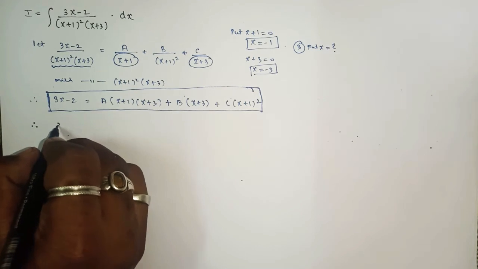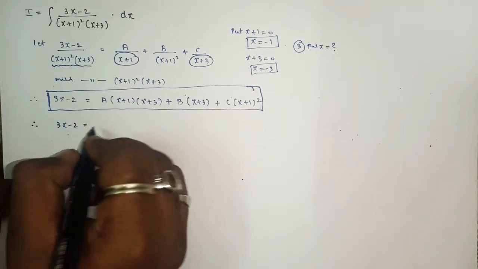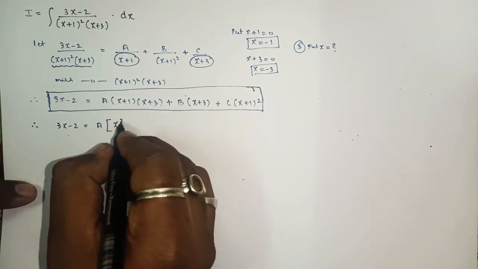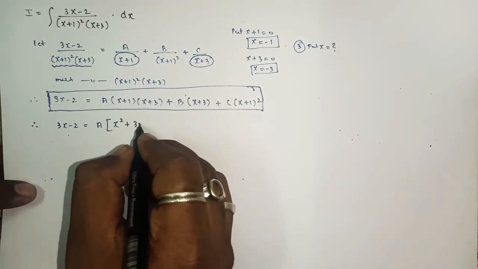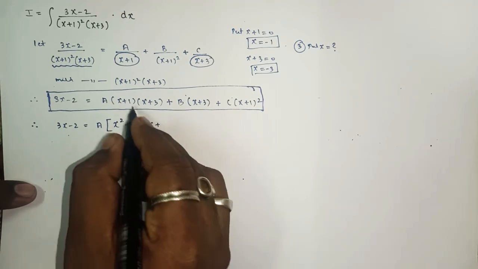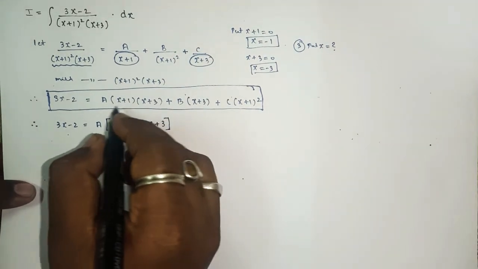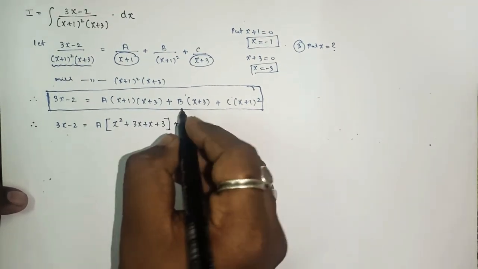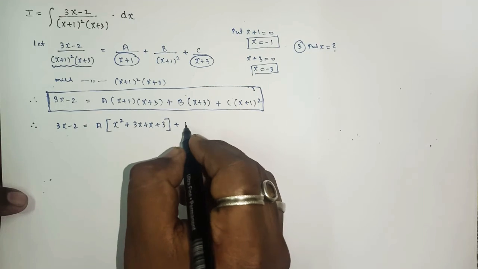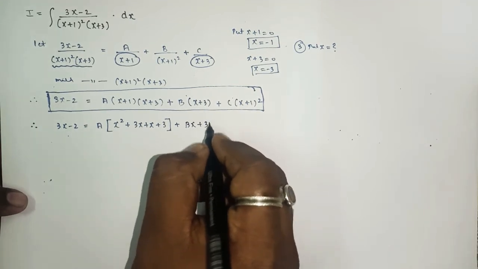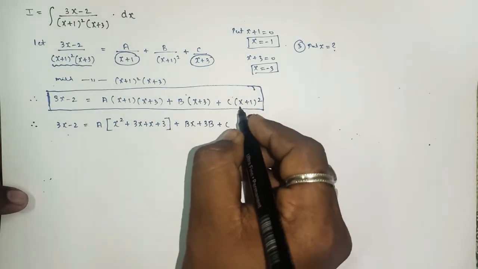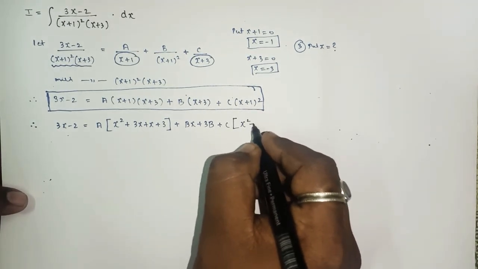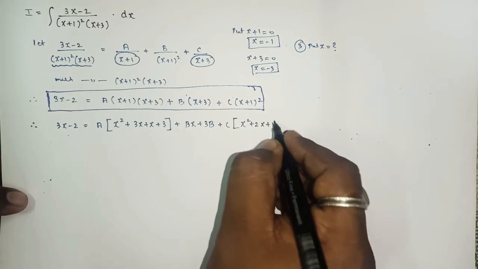So here 3x minus 2 equals, bracket open, so here you will get what, x square plus 3x plus x plus 3 ones are 3. I hope you all know how to expand this bracket, yes or no. Here bracket open with this b, so here you will get bx plus 3b. So here it looks like a plus b the whole square, so this can be written as a square plus 2ab plus b square, yes or no.